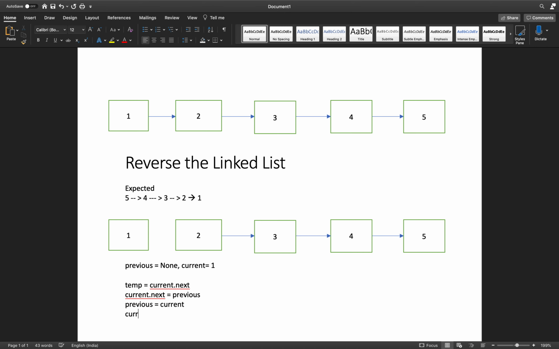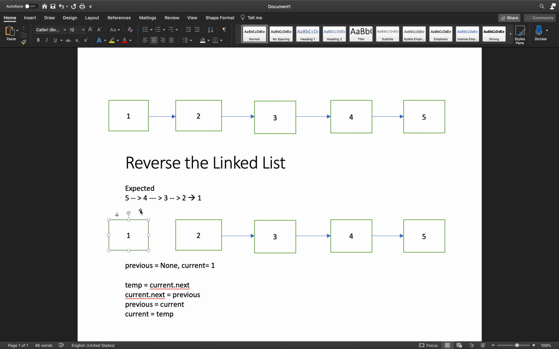So your current is now temp. This is the important thing we need to understand when reversing the linked list. The current node should point to previous, and we need to save this current dot next in a temp for future iteration, because we have to point this current dot next to previous.